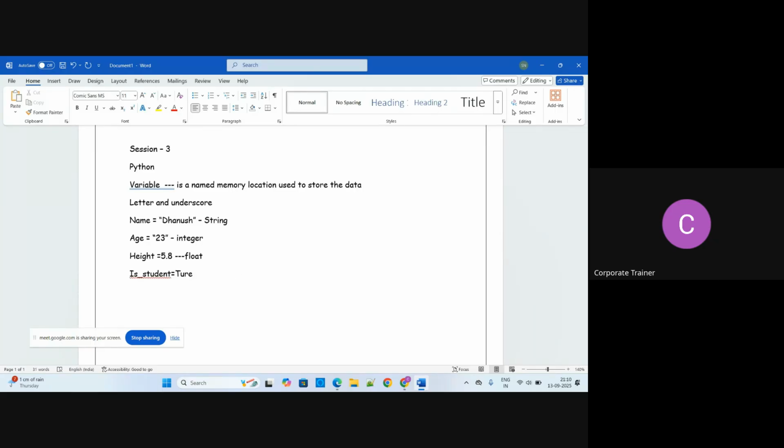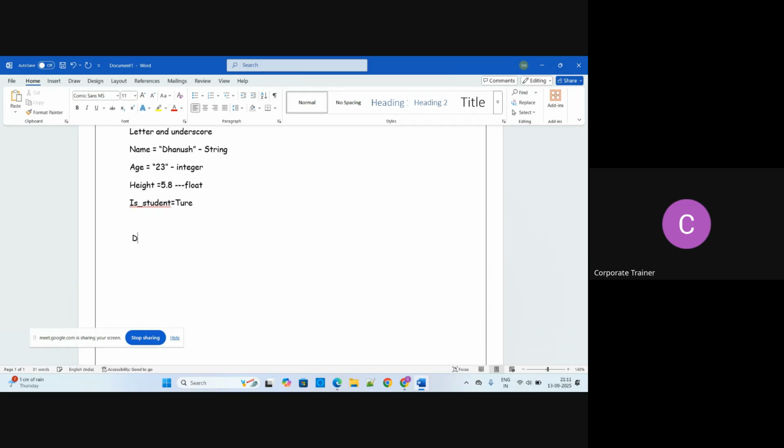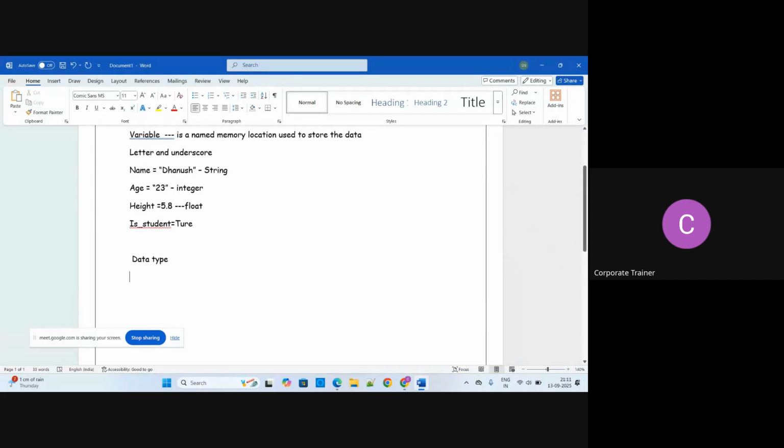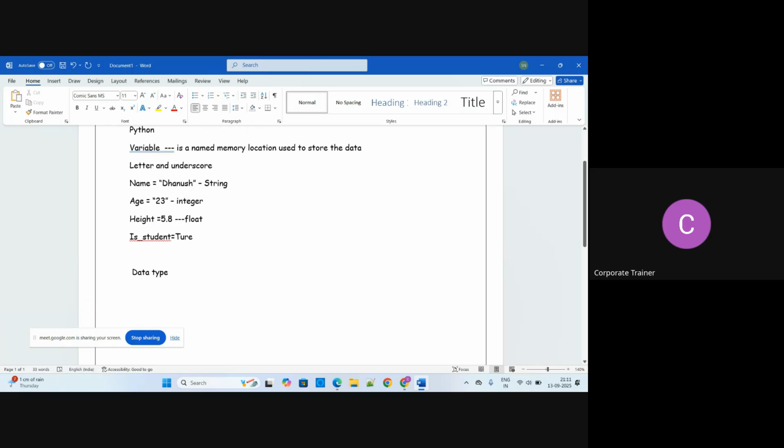The second thing is data type. I told you about data types, but again I am telling you the details. You all know the whole number related things come under integer, that we call int, the whole number. For example, any kind of number, that is 10, comma, minus 5, comma, 0. So this is the integer data type.